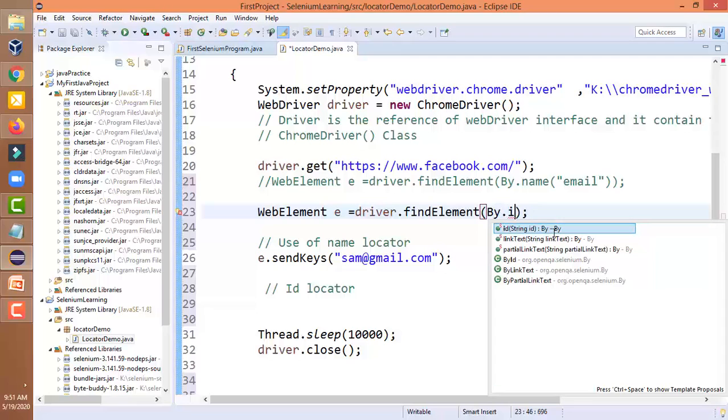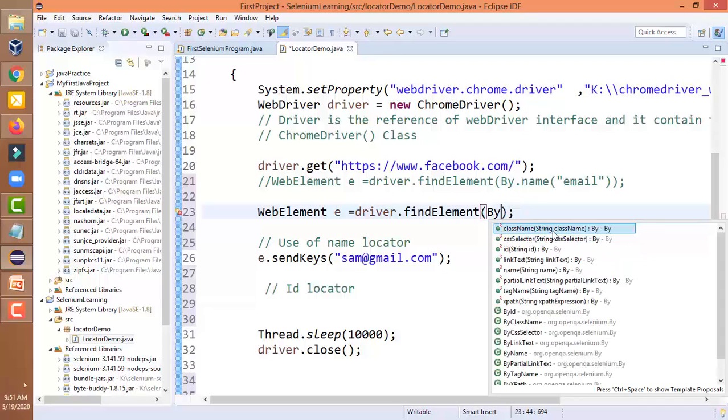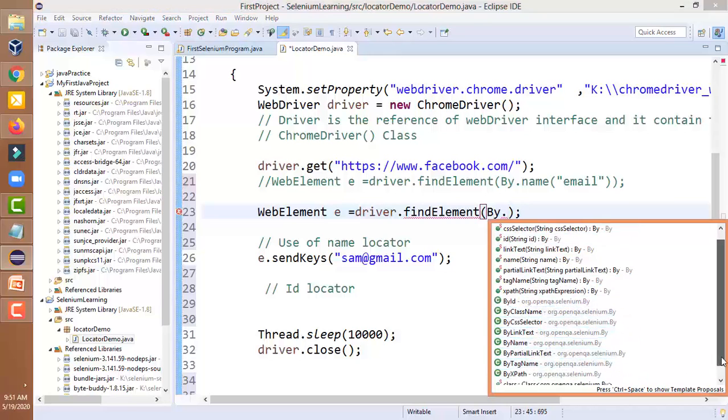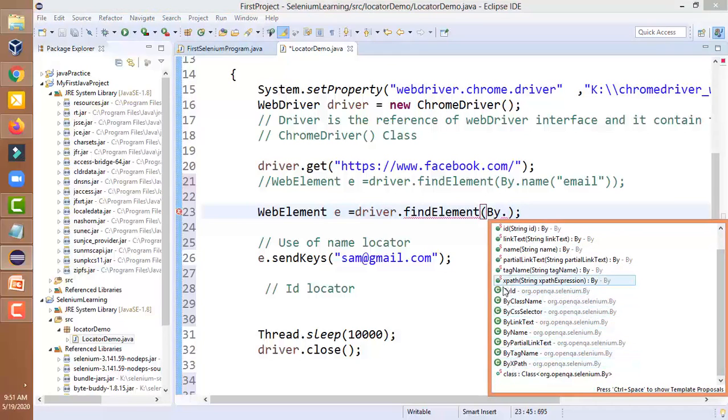Whenever we press dot, Eclipse, which is a very smart tool, will show you all the methods in the By class. All these methods are applicable in the By class. These are basically the locators: ID, class name, CSS selector, link text, partial link text, tag name, XPath.